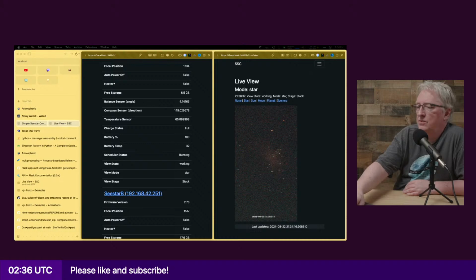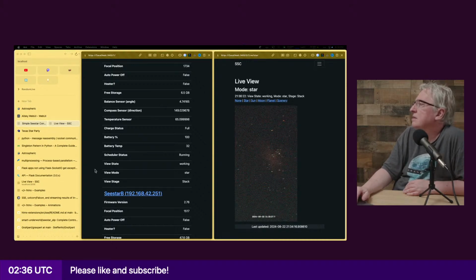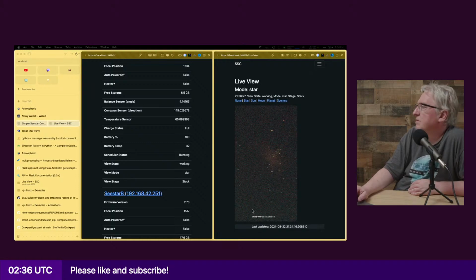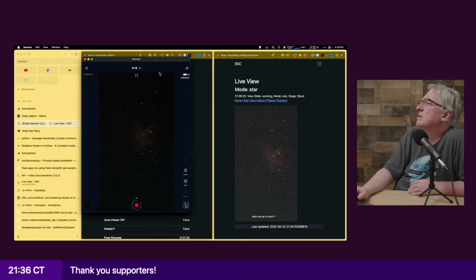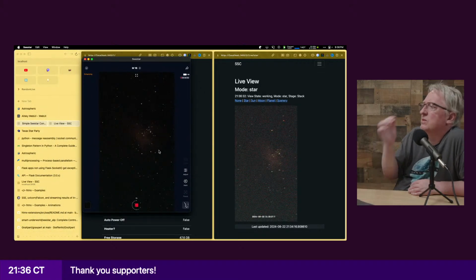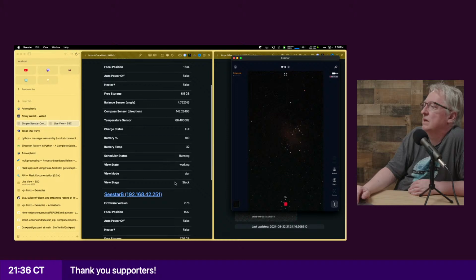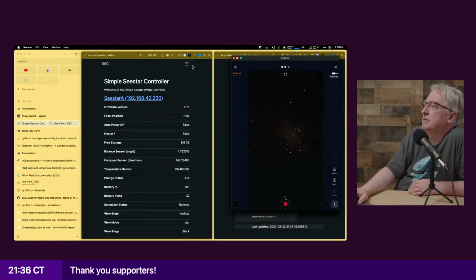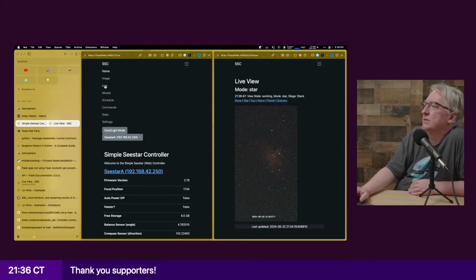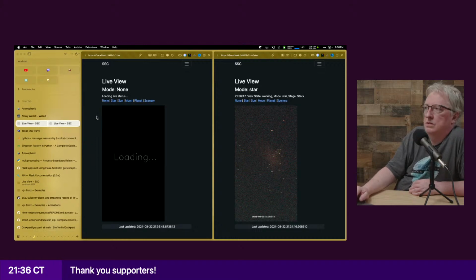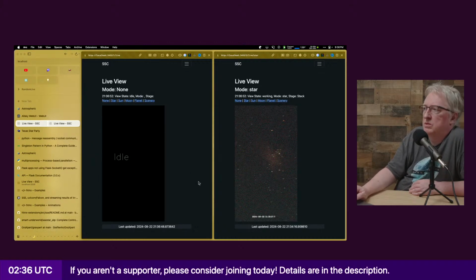Did this fail out again? Because the live view seems like it's having problems, but the stack is still running, although it hasn't made a lot of progress. But this is the other one. So let's see what this one's up to. Okay, this one claims it's stacking. So let me go look at the live view on this one. So this is the other telescope. I also pointed at M16.